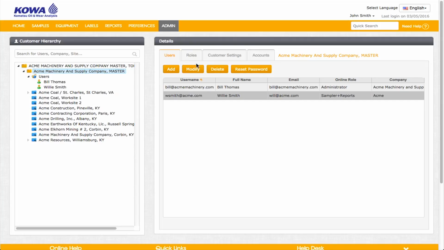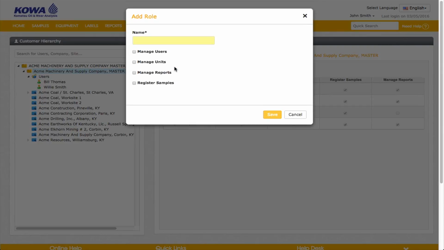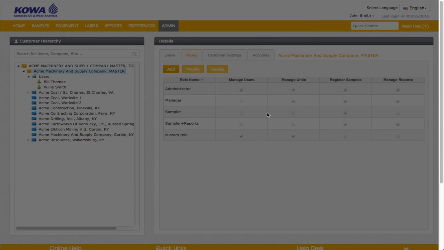First, you click on Roles. Then you'll see that there are 4 functions to choose from when creating a custom role. Firstly, do you want this user to have the admin tab? Secondly, do you want this user to be able to modify or delete units under their equipment tab? Thirdly, do you want this user to have the Reports tab to view management reports? And lastly, do you want this user to be able to click Print Labels to generate jar labels online? Now, once you save a custom role, it will be shown to you in the drop-down menu anytime you add